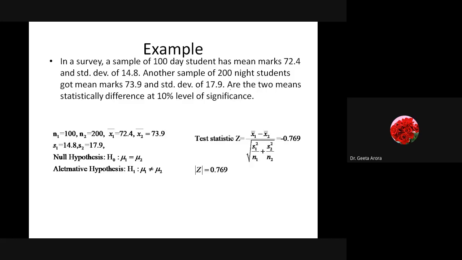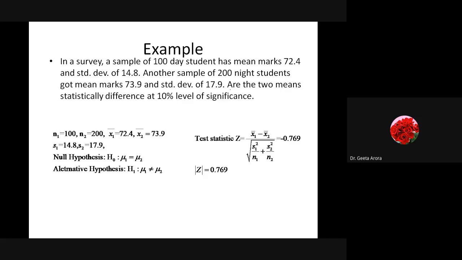And again, in order to find out whether we are saying correctly or not, we have the z statistic given by x1 bar minus x2 bar divided by the square root of s1 square by n1 plus s2 square by n2. Correct? And we are getting minus 0.769. What z have we written? Now tell me, according to you, you have to write down so that I can stop talking for some time, and you have to think and let me know what the decision is.